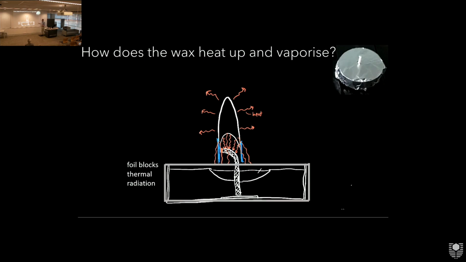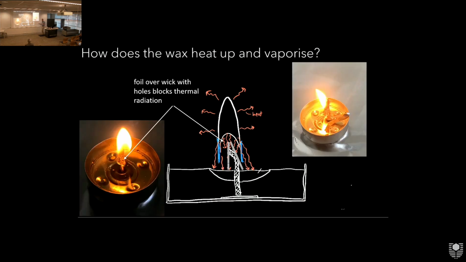And I did this with the kids, but I wanted to go further, and I was thinking, can you block the thermal radiation from reaching the wick, right? All right, so this is my construction here. This is actually a little hood made out of foil that goes on top of the wick, and I've pricked small holes in the foil there. So the fuel can get out, but most of the thermal radiation should be blocked. And